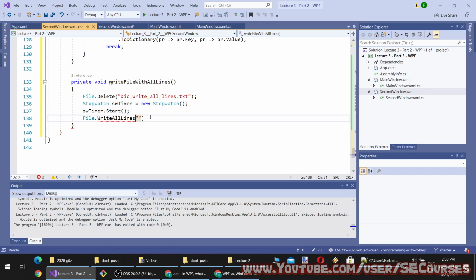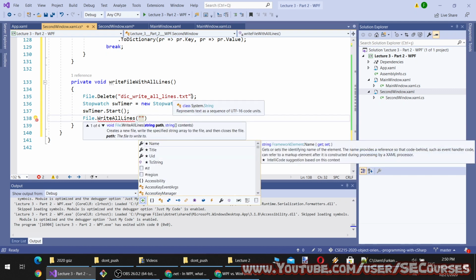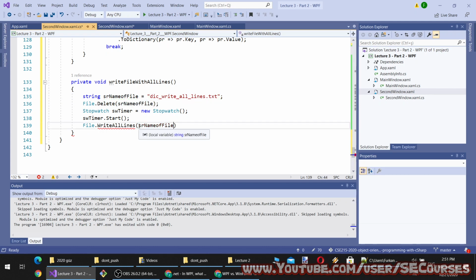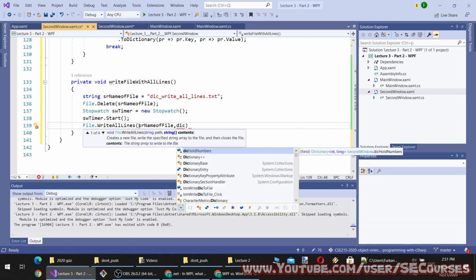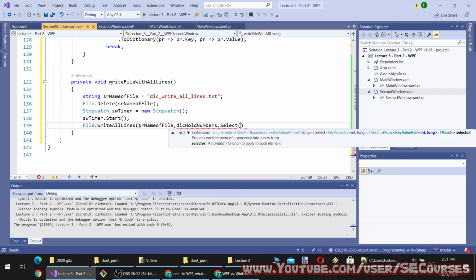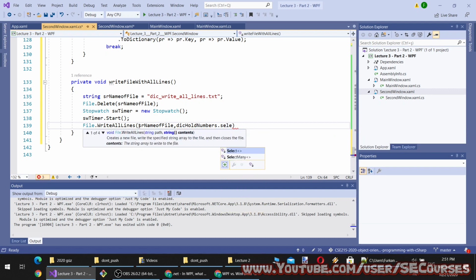So I need to provide a name of file and I need to provide content. So this time the content will be the dictionary I am going to select. However, this select will be a SelectMany.